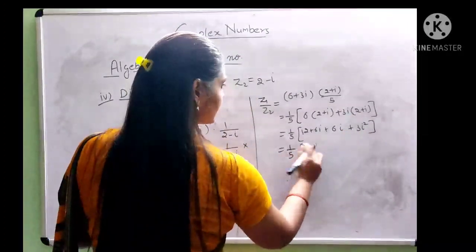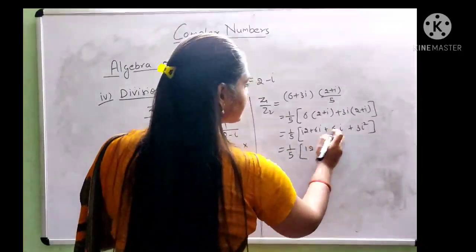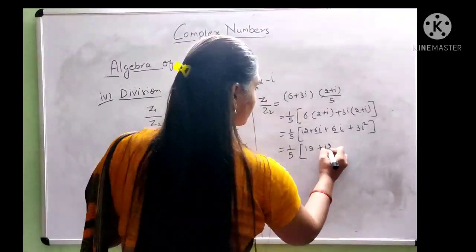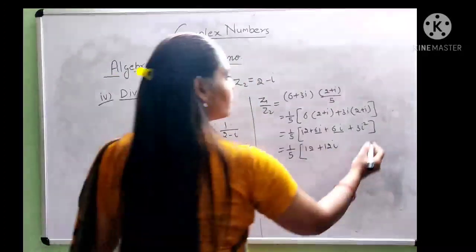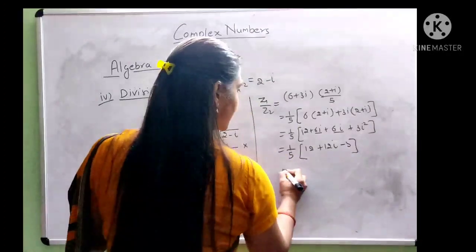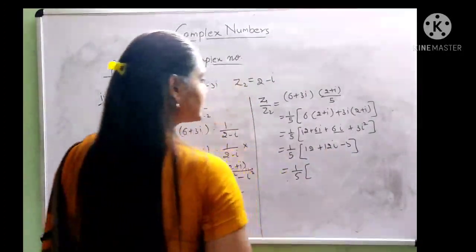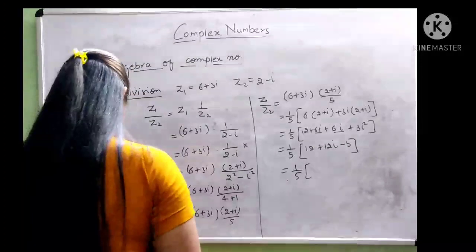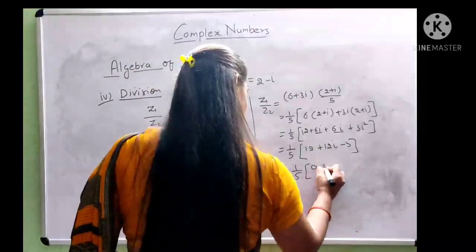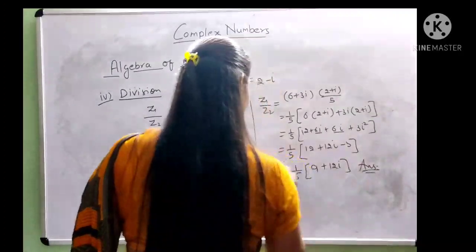What I'll get over here? 12 and 6i is the like term, it will become 12i, and we have to know the value of i square is equal to minus 1, it will become minus 3. So what I'll get, 12 minus 3 is equal to what? 9 plus 12i. This is the answer of